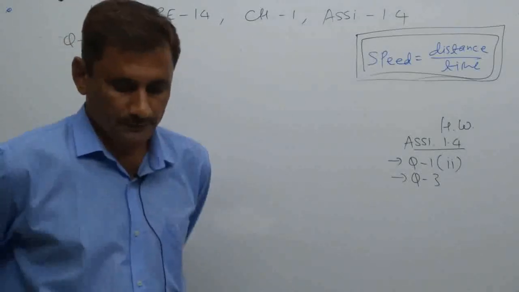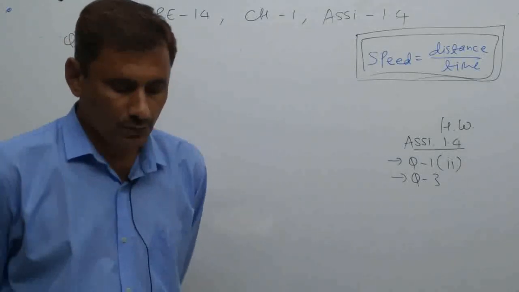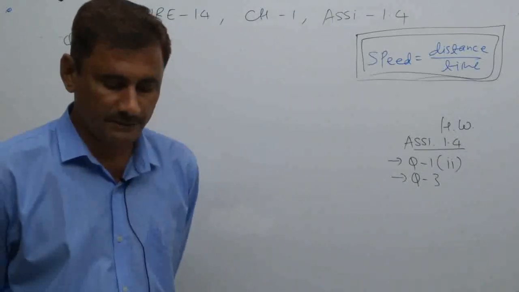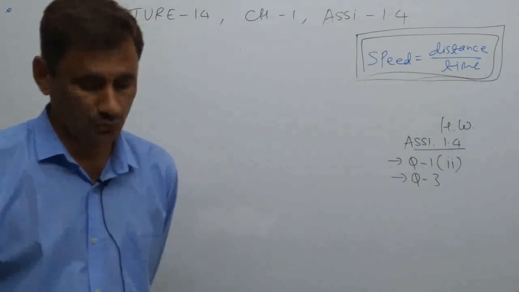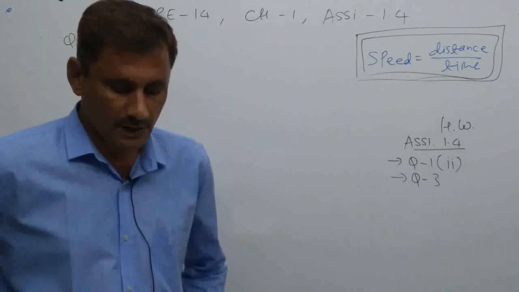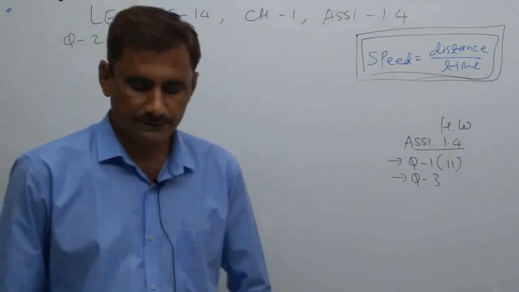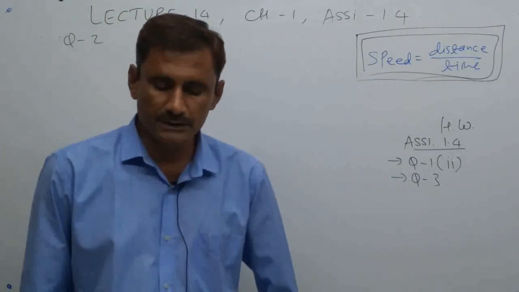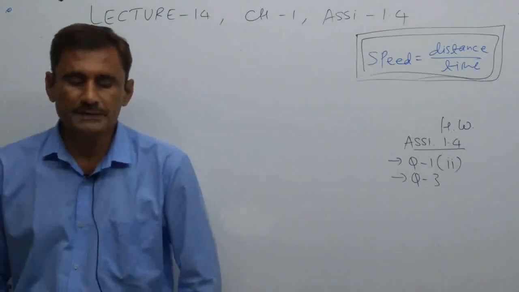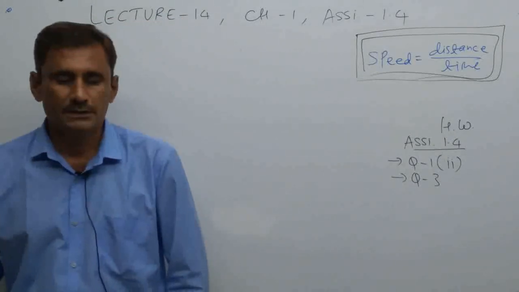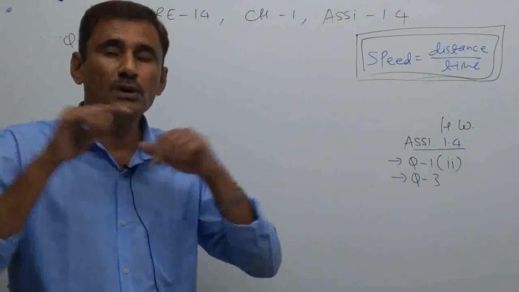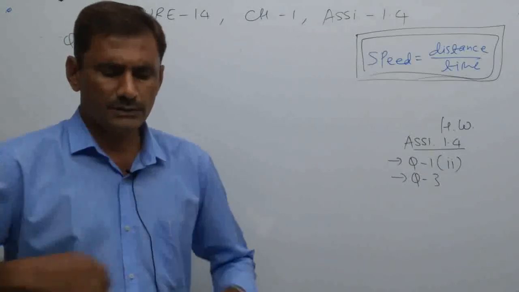Now look at 4. A boy has a cardboard of length 10 by 7 meter and breadth 5 by 4 meter. He wants to make 5 pieces from the cardboard by cutting and pasting. Find the area of 3 such pieces. He wants 5 pieces from one whole cardboard. So it is very simple.